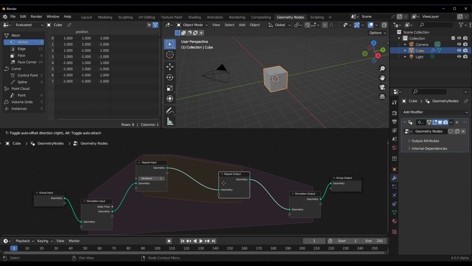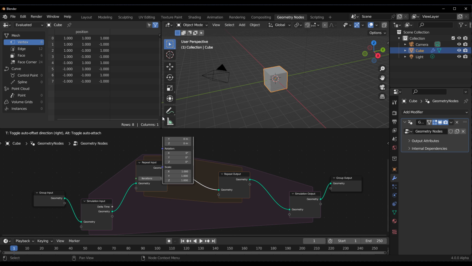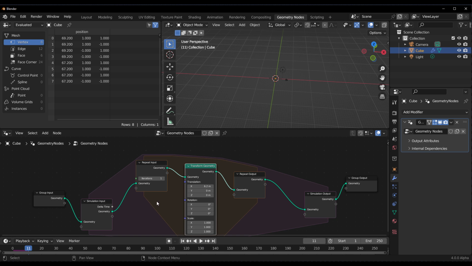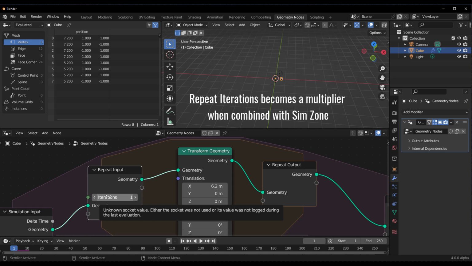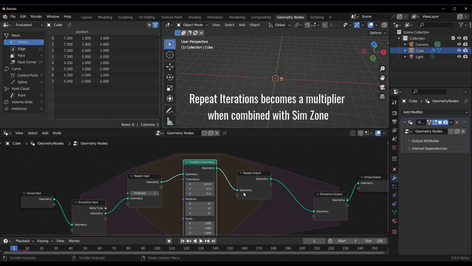So you guys saw what we did earlier, which has to do with the transform. We're doing the same thing. So we're getting the transform geometry and we're connecting that transform geometry here. If we move this to a point, what happens is if we press the playback button, the same thing happens, okay? With the repeat, what happens is the iteration becomes the value that times the value you have with your transform. If you choose to do a simple connection like this, so if I set this to 2, for example,